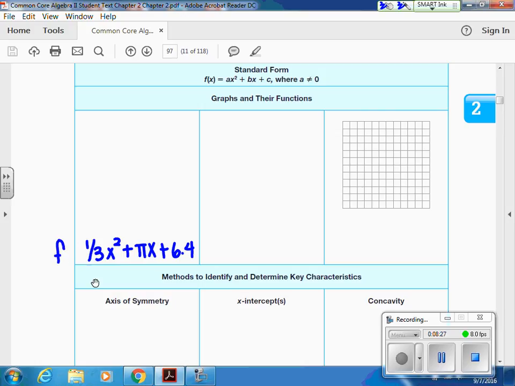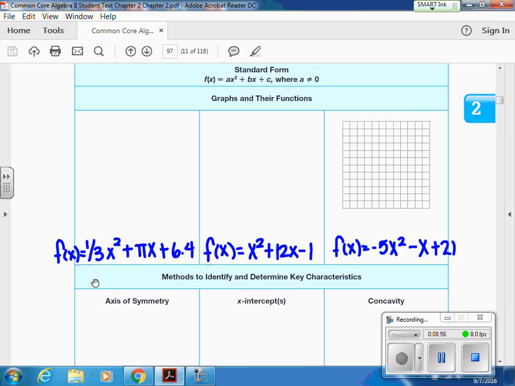And then, what was the other one? F, which is x squared plus 12x minus 1. And then there's one more. There were 3 of them, right? Yes, -5x squared minus x plus 21. Alright, so we're going to start there. Alright, so with these 3,